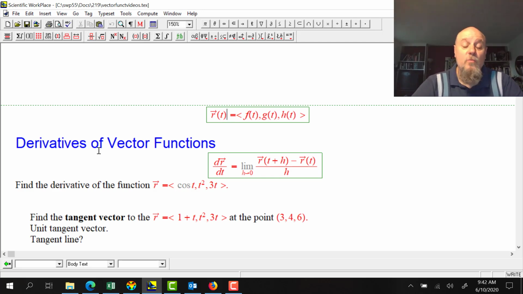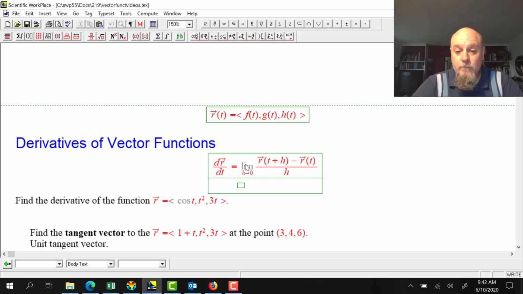If I want to know what the derivative of the vector function is, we could put it into the definition, the derivative definition that we used in single variable calculus. You'll remember that limit as h approaches 0 of f of x plus h minus f of x all divided by h. It was the secant slope, and we took the limit as the 2 points got closer and closer together. The limit of the secant slope was the tangent slope. That's the same idea that we're doing here. If we do this then,